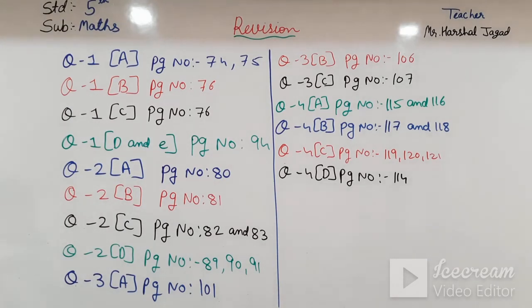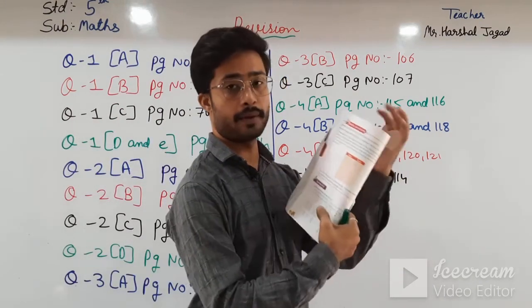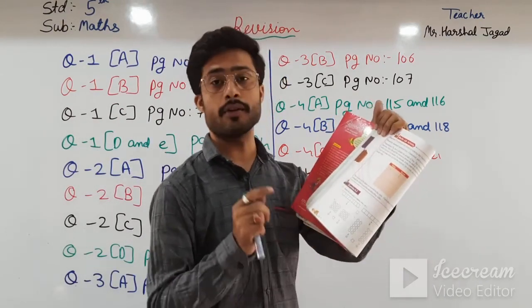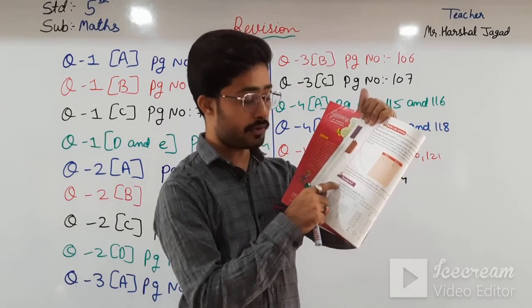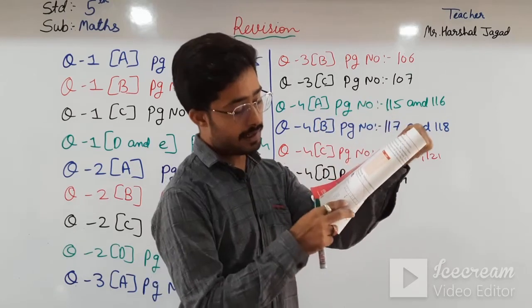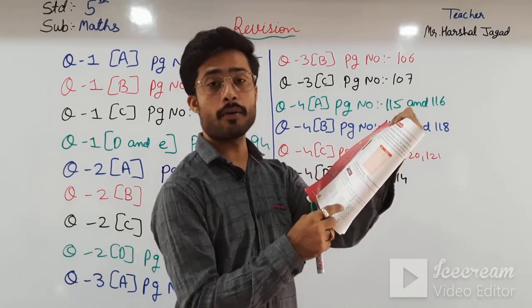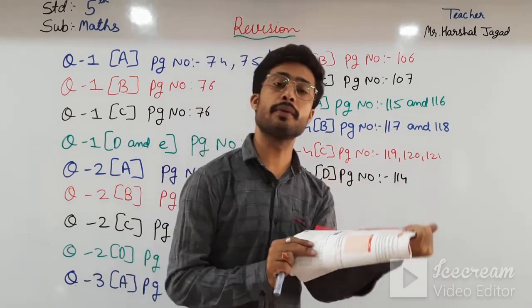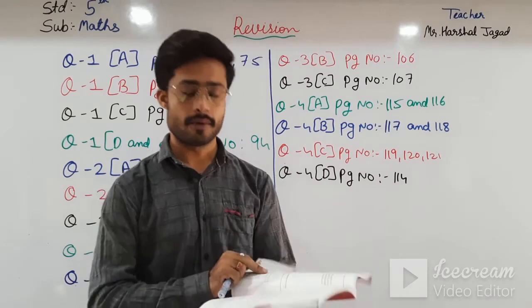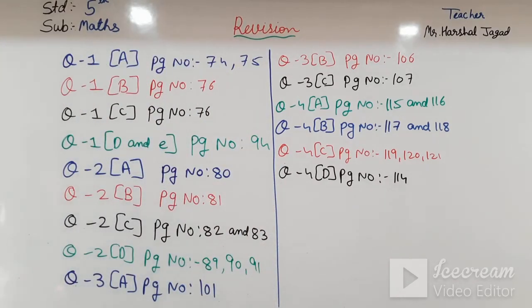Now see here in the question 4D, these structures are given in your paper. Okay, in that what you have to do, if here 2 upon 8 is given, then you have to shade 2 out of 8, and here it is given 4 by 8, then you have to shade 4 out of 8, then you have to see which one is greater, then you have to give the greater sign. Okay students, moving further, that is question number 5.